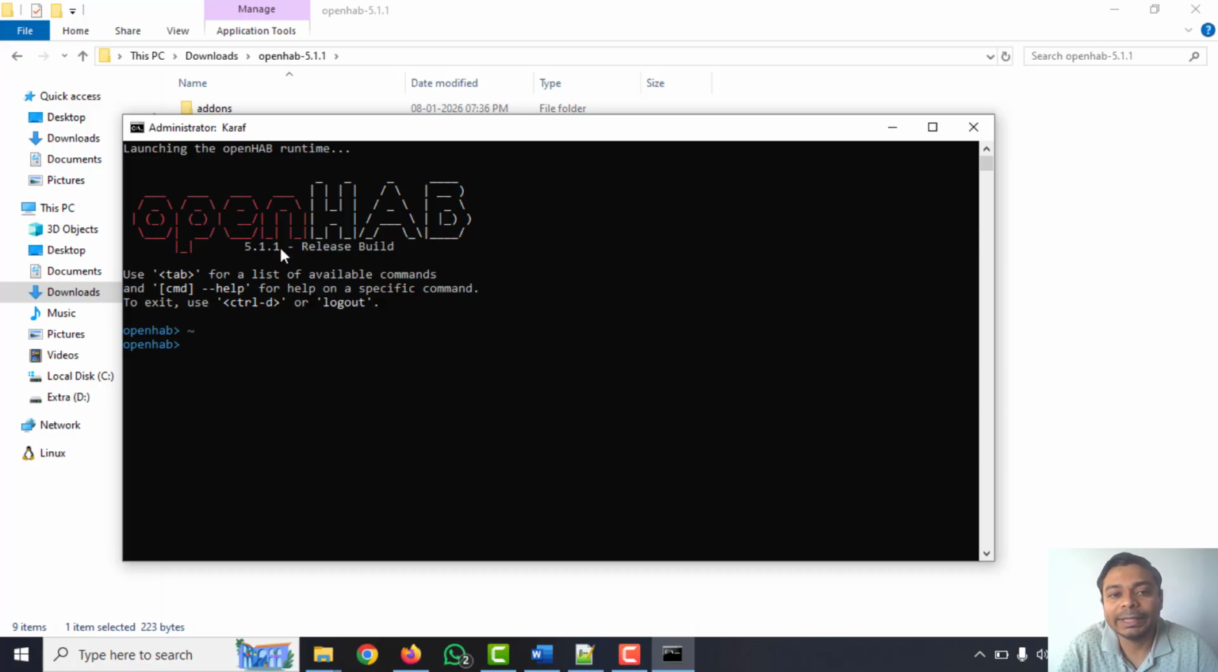Suppose if you right click on the start.bat file and the command prompt just opens and again closes immediately, then there is a problem with the Java version. Just check in control panel whether any other version of Java is installed in your computer. If it is there, then just uninstall it and keep only one version of Java, that is Java 21. So even after doing this, if it is still not opening, then probably you have to go to your